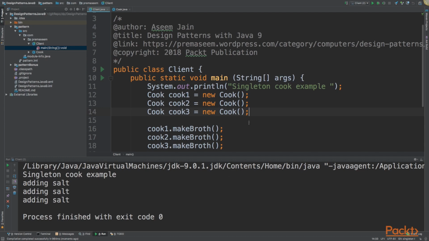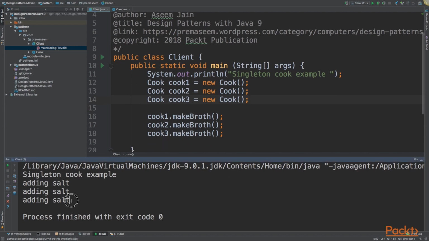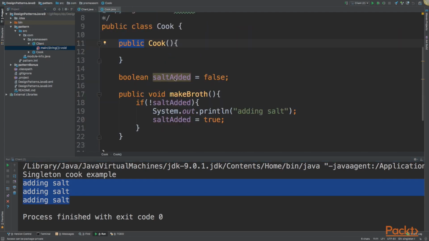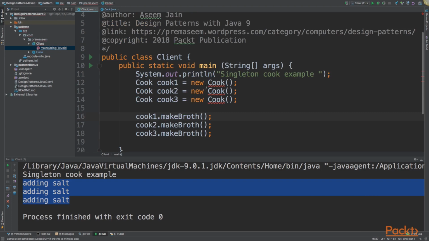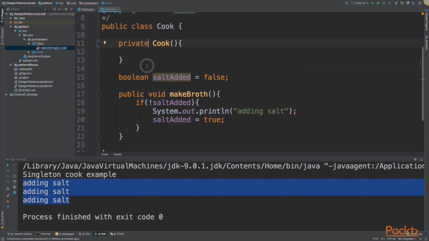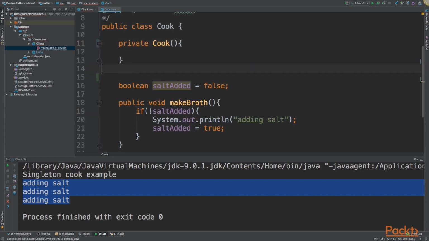But the problem is, too many cooks have spoiled the broth. The salt has been added 3 times. So we should do something about it. Now to make our Cook a Singleton, the first thing is we'll make the constructor private, which will not allow object creation from outside. Then how would the object be created? We need to self-create the object inside the class itself. So we'll expose a method which should be public and static, and we can call it getInstance,